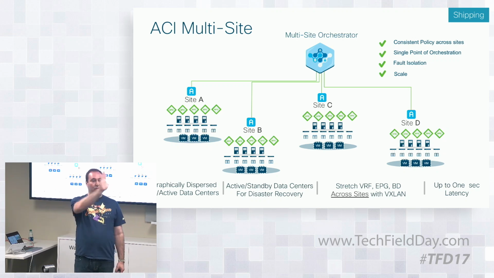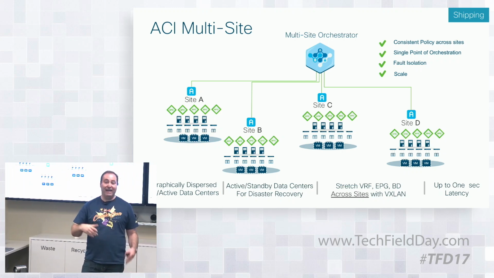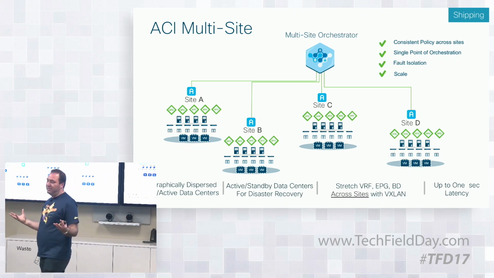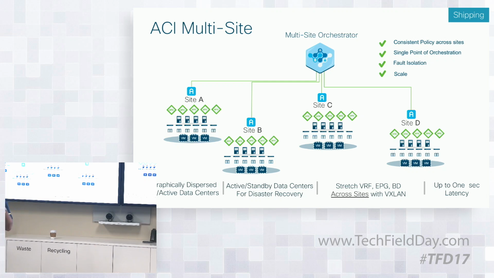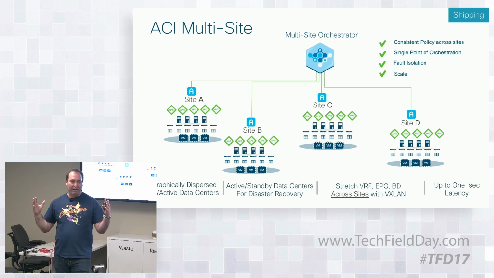So you vMotion a VM between sites, the VM arrives on a new site. I have the capability of advertising that /32, that host route out of that site, so that when the traffic goes in and out, it will go in and out of the same site, which allows you to just deploy physical or virtual firewalls and keep that synchronous traffic pattern. But the key really is that we have a single policy domain that works across all of these sites.